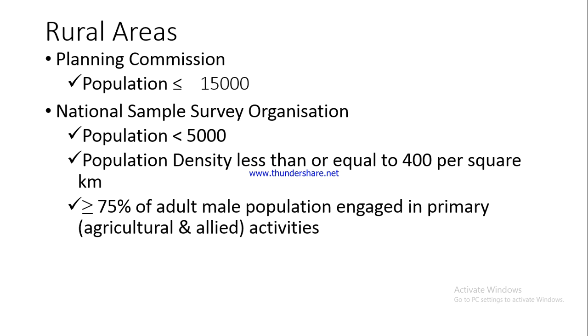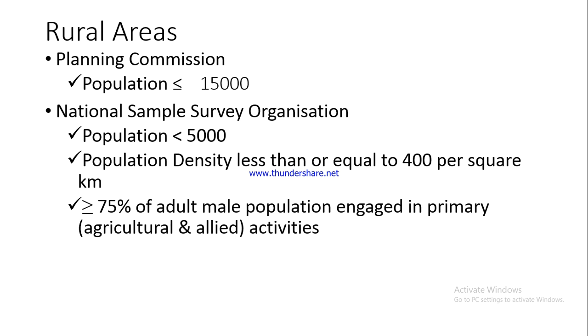If you go to your cities and urban areas, the population density can be very, very high. Per square kilometer, you might find thousands of people living. But that is not the case with rural areas, where the dwellings are scattered. The houses are not located at a particular point. They are at a good distance from each other. So naturally the population density has got to be low. For the NSSO, the criterion is less than or equal to 400 per square kilometer. Now the third criterion, and this is a very important one, is that